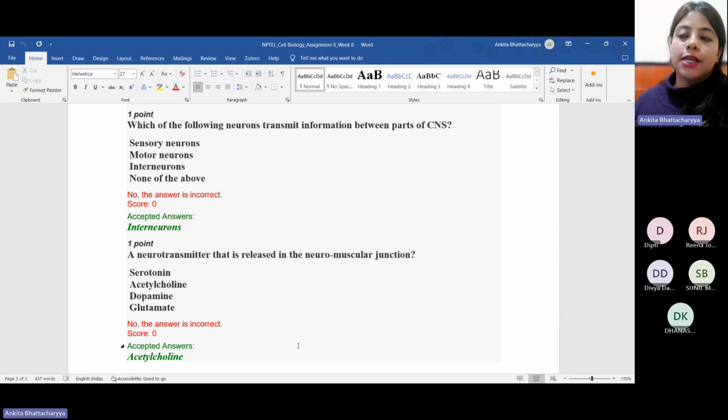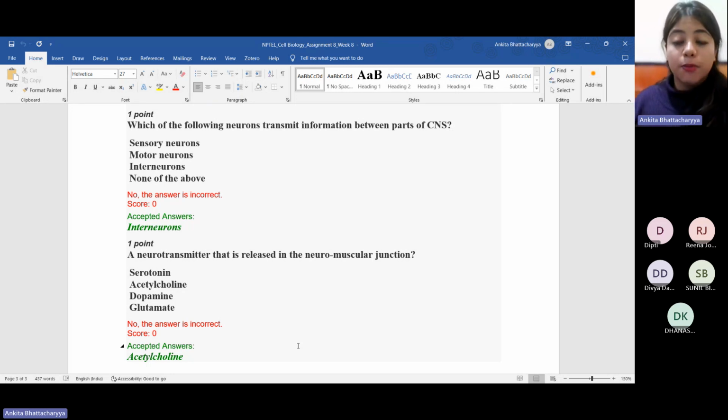Take a simple example. The reflex action is something that actually takes into consideration all these three subclasses of neurons. So the first set, which is the sensory neuron, will sense that there is, for example, an open flame that you are touching. The neurons in your finger are sensory neurons and they're sensing that there is some danger or something harmful there. Following that, your motor neurons, which are present in the muscles of your hand, will force that individual to move their hand away from that open flame so that the individual does not get harmed, because that is the survival instinct.